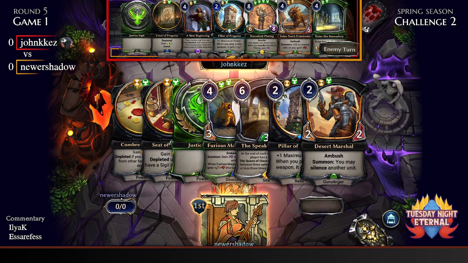Meanwhile, newershadow, kind of a bit more of a dirtly hand. I mean, this Desert Marshal's not going to do much on its own, but you can ramp into a dino pretty quick and put on a bit of pressure. No, I mean, both these hands are solid. In Johnkkez's case, it's turn two Pillar of Progress into hopefully a third power, undepleted power for the New Beginning or Enter the Monastery, while newershadow has a wonderful hand of turn two Pillar of Progress, turn three Furious Magniventress,